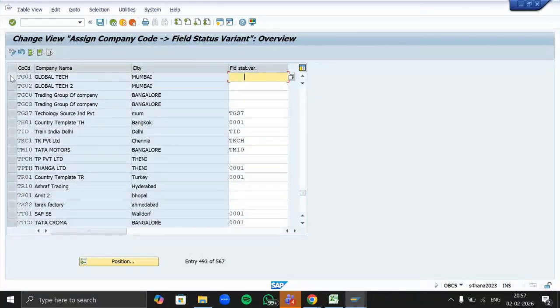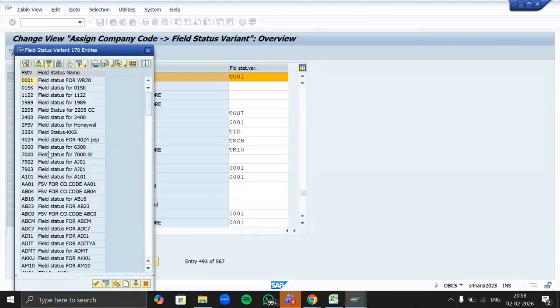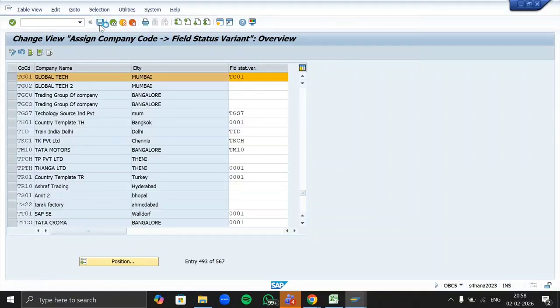So my company code TG01, company name Global Tech, located in Mumbai. For that, the fill status variant you have created, I have created the same TG01 only. Mention the variant code manually, or else you can go to the search option and pick your variant from the groups, and save it.